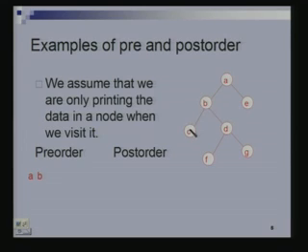Then we will go to the left subtree. Left subtree is C. So, we will look at the root node, first visit the node, which here means printing the content, so we print C. Then we try to go to its left subtree, but its left subtree is null, there is nothing there. So, then we go to its right subtree, which is also null, nothing to be done. Now we are done with the pre-order traversal of this node.